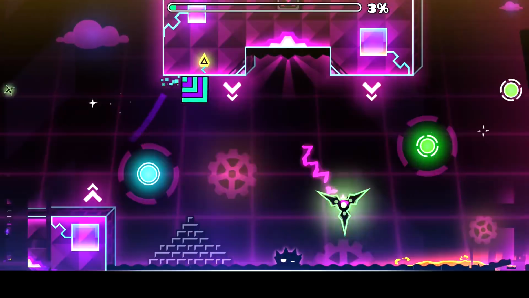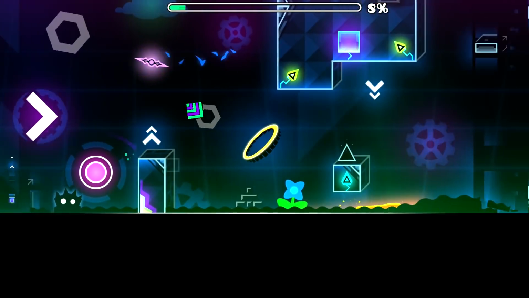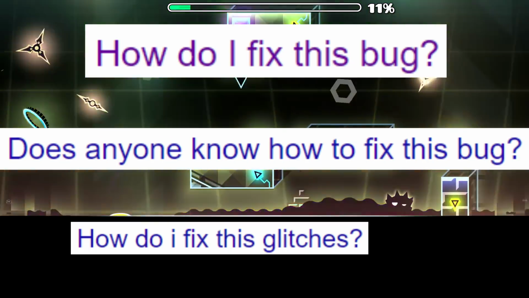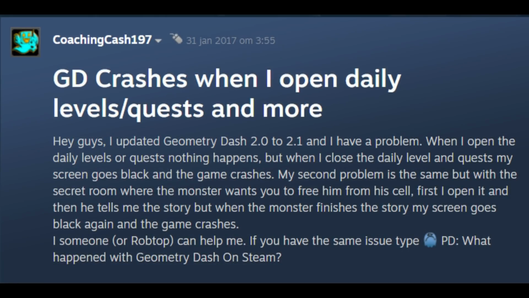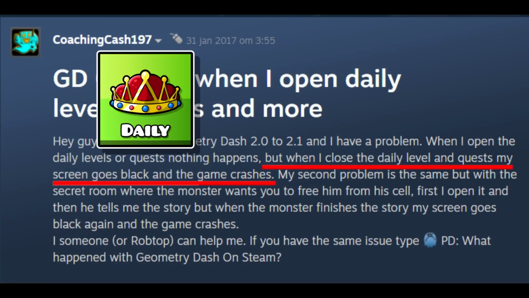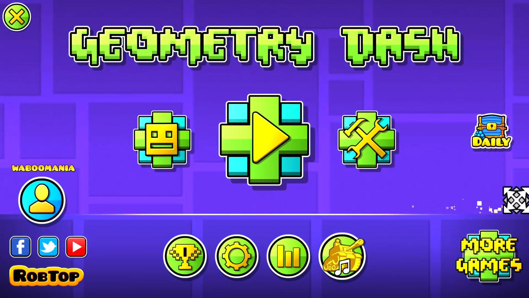Before we get to the actual weird and unexplainable stuff, I have to first talk about one more thing that randomly happens to some GD players, me included. This bug is actually really known, but almost nobody knows how to fix it or why this happens. The bug I'm talking about is the black screen that occurs when leaving a daily level or a weekly demon. I've had this happen multiple times and you have to quickly press escape to keep your game from crashing.